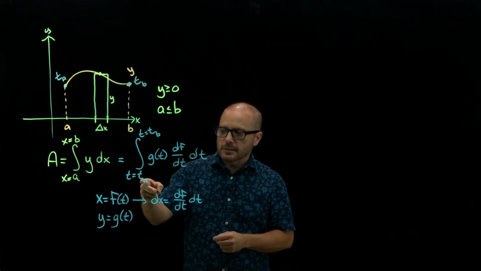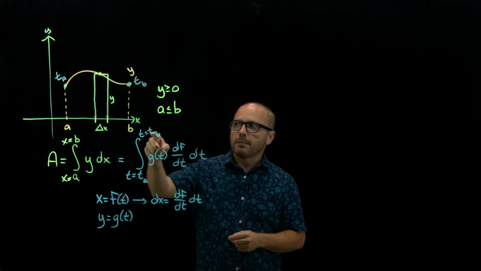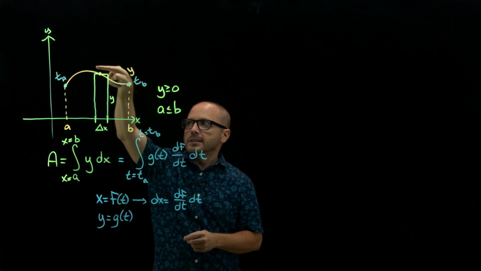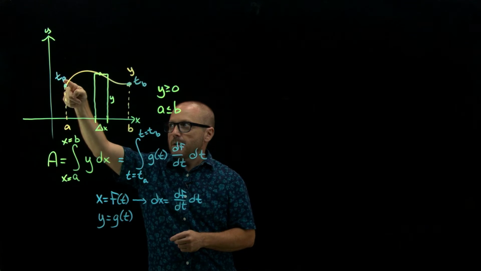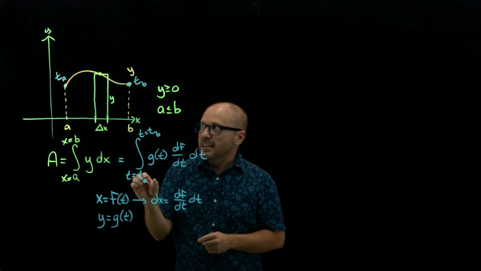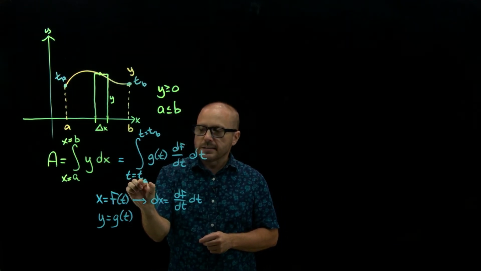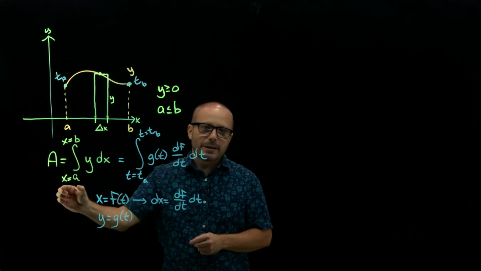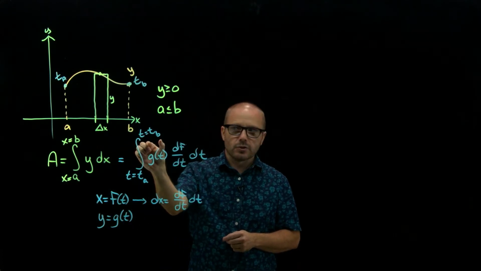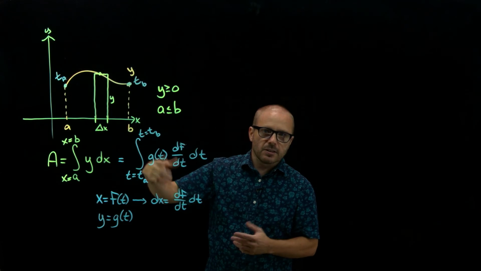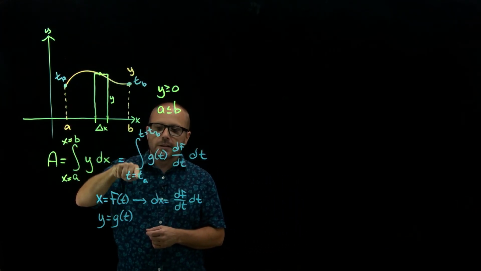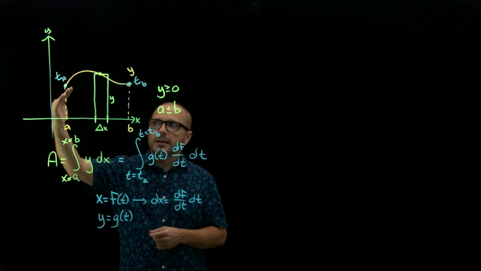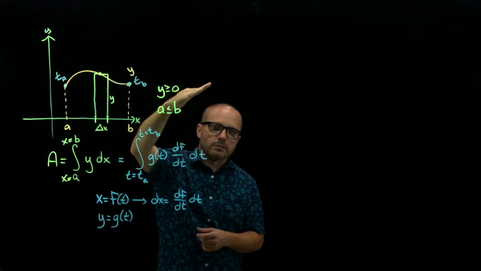This t is not necessarily smaller than this t. Imagine our direction of motion is this way, from t sub b to t sub a. What's key is that this needs to be the smaller corresponding x, and this needs to be the larger one. So t sub a could be smaller or bigger than t sub b. What is important is that you make these limits so that the direction of motion as you